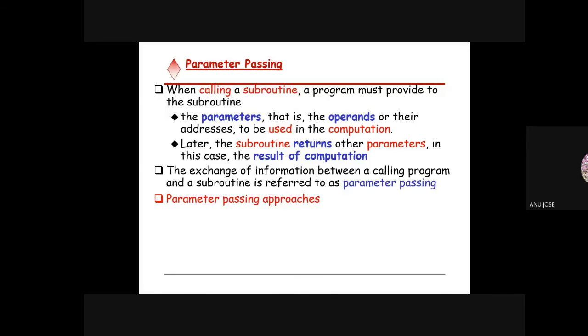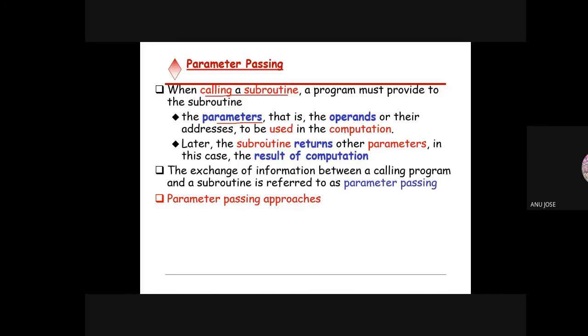What the parameter passing scheme means: when you are calling a subroutine, the subroutine may need certain parameters from the calling part, and those are called input parameters, given to the subroutine for its computation. Once the computation has finished, its result will be transferred back into the calling program, and that process is called parameter passing.